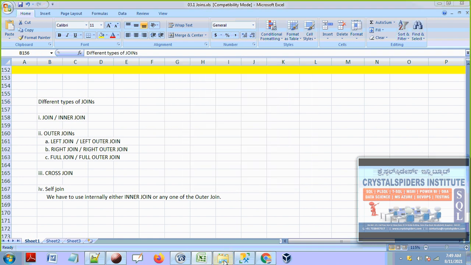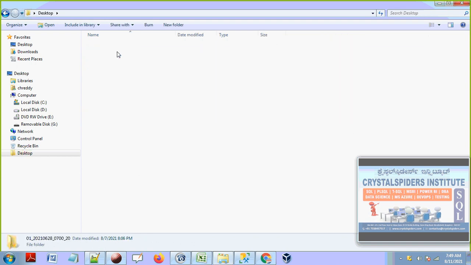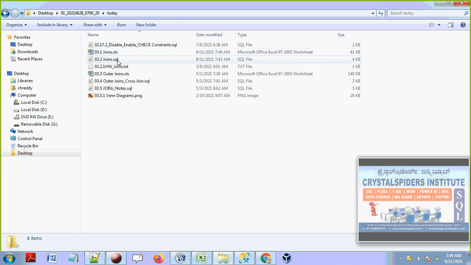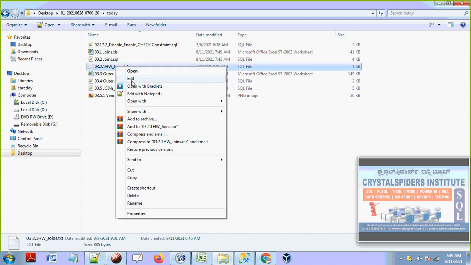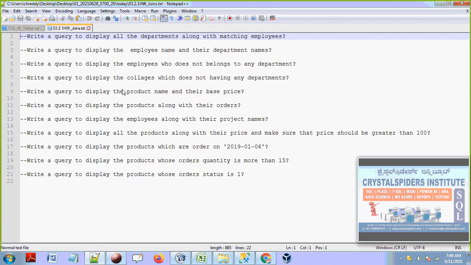Let me walk you through the homework. We have some homework, guys, on this join today for you. I want you to do this homework, guys. The homework is on joining a few tables. Same tables we already used, but I want you to join the tables. Follow these questions, and I want you to do this homework. If you don't understand, please let me know, guys. I can help you understand the question, or else I can give you the SQL query as well for these questions. But you have to practice it, guys.